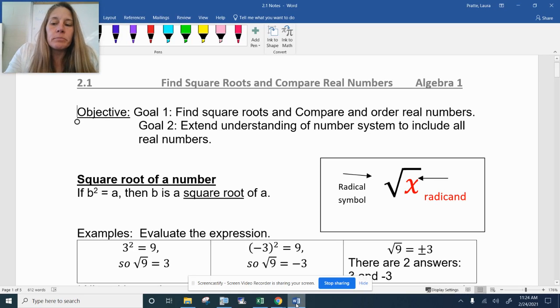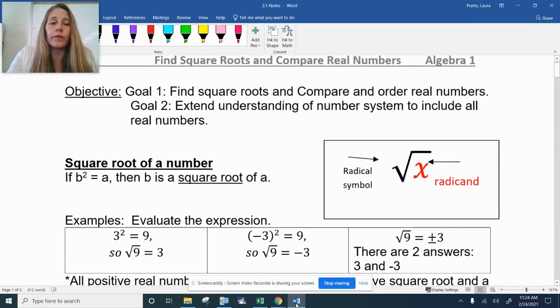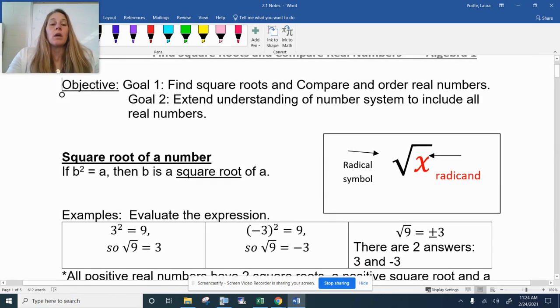So today we're starting chapter 2, and our lesson is on finding square roots and then comparing real numbers. So let's hit our first goal first. So square roots of a number